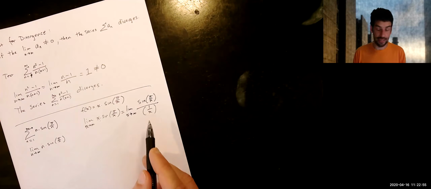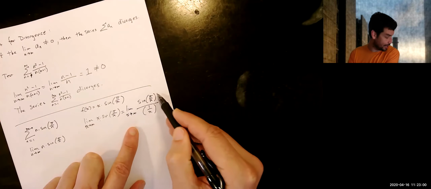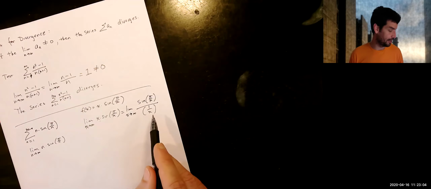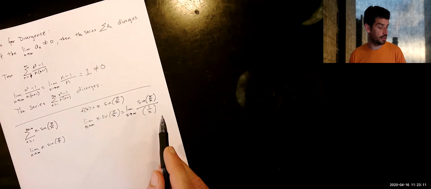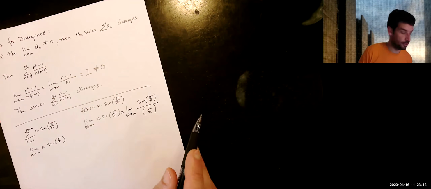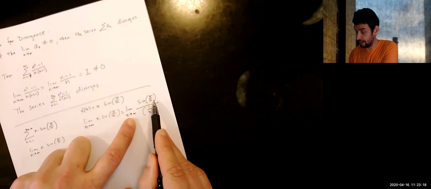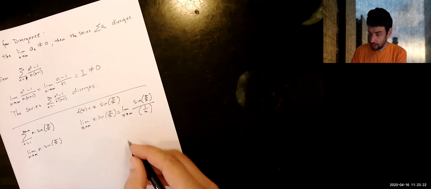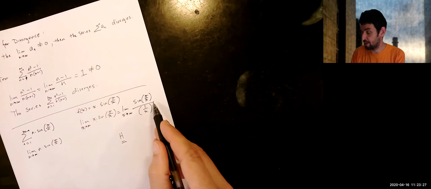So let's think about what we can do here. We already said the limit of the numerator is 0. The limit in the denominator is also 0, which means we have something that is perfect for L'Hopital's rule. So we've got a limit as things go to infinity that is 0 over 0. We can use L'Hopital's rule, which tells us that we can take the derivative of the numerator and the denominator